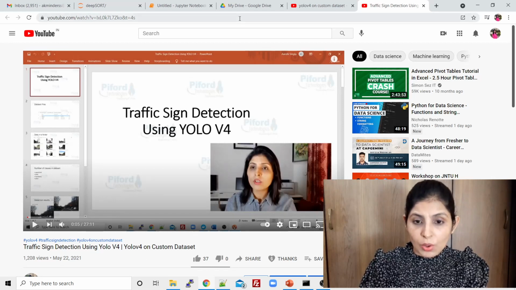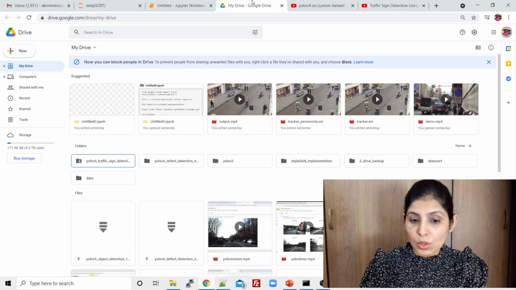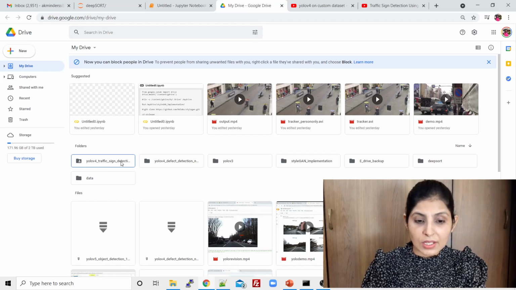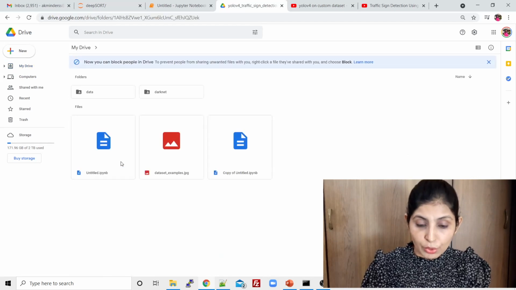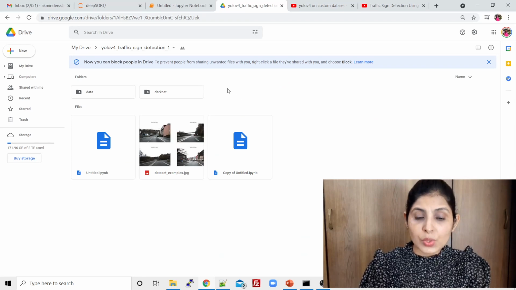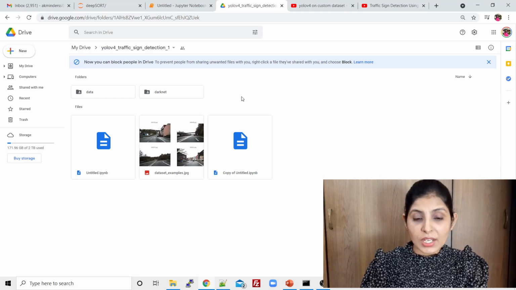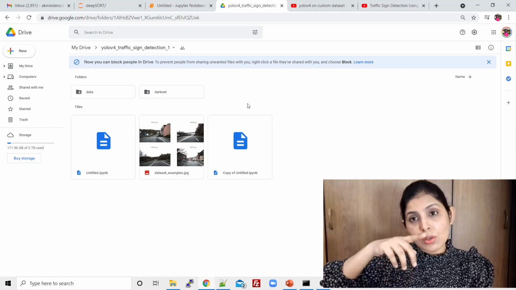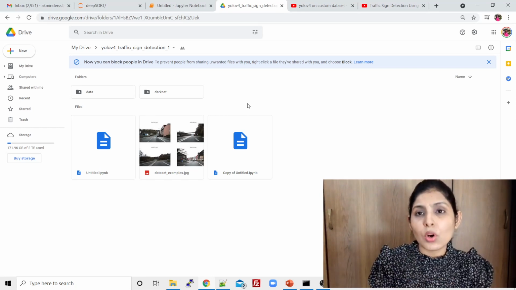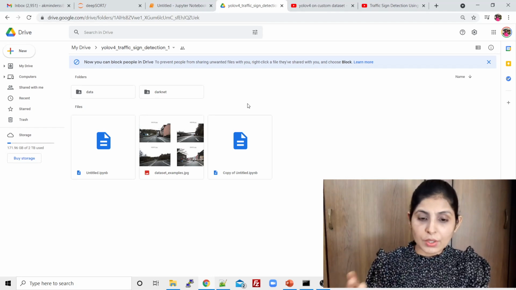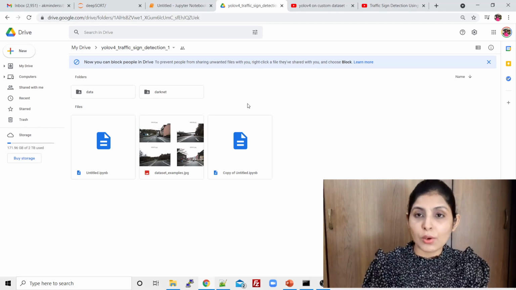I have this code in my Google Drive. This is my Google Drive, and this is the folder where I have this code, YOLO V4 traffic sign detection. Let me open this folder, and under this we have our darknet folder. Guys, again, don't worry if you don't know how to work on YOLO V4 object detection. When you go through that video, you will automatically understand what these folders are. I am assuming that you have gone through that video, and I'm just picking the files directly which we are going to use for tracking.